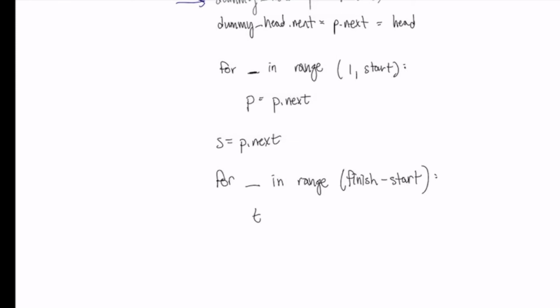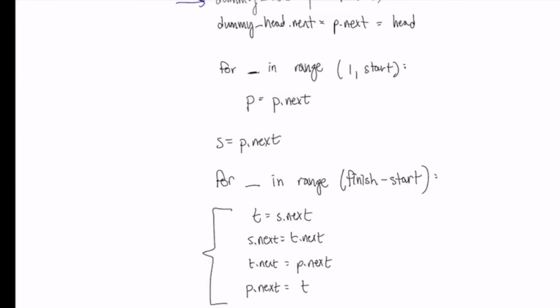We will make t equal to s.next, s.next equal to t.next, t.next equal to p.next, and p.next equal to t. Now this, I don't expect anyone to understand this code off the bat, which is why I've created a visual